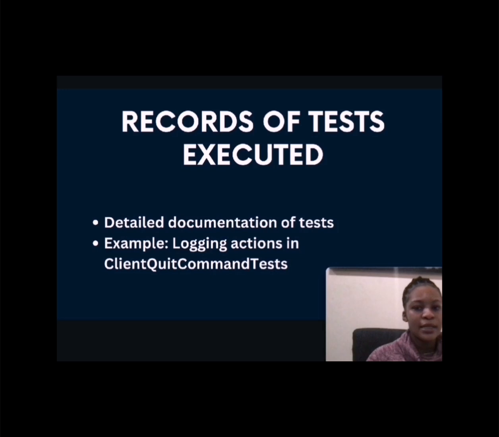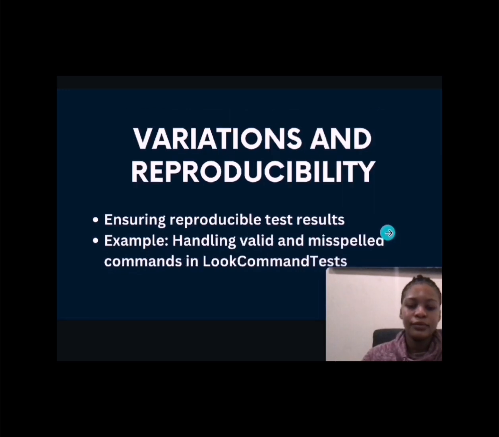any errors and ensure that our tests are reproducible. So identifying and resolving a variation in test results ensures that our tests are reproducible. So for example,